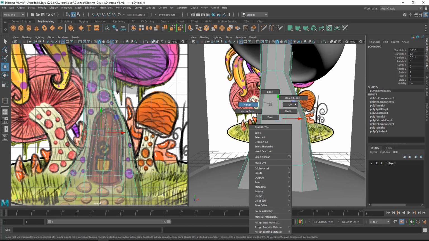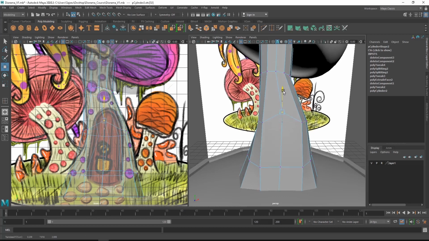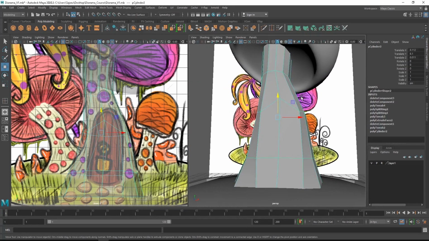Okay, the next thing is we want to make it a little bit round. So we are going to go to the vertex option, and this center vertex we are just going to select, and we are going to move it up slightly, and these two vertices we are going to move down slightly. So we have a triangle kind of alignment, and once we press 3 on the keyboard, it will have a rounded